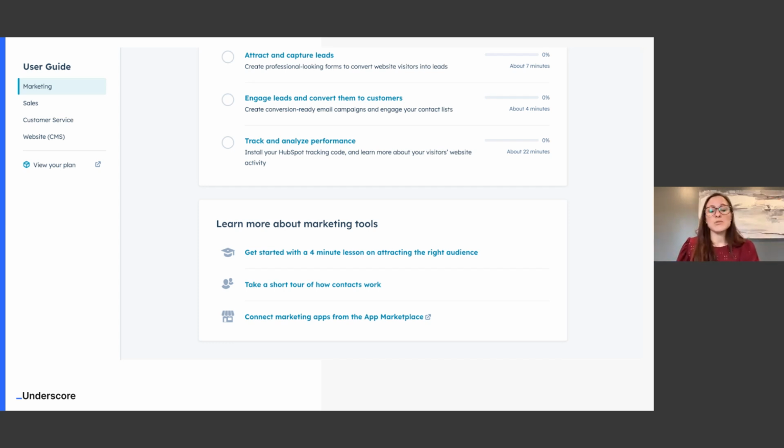So if we use those in-app tools to kind of experiment and see where, when, what content would be helpful, then we can actually make a case to our engineering team to go ahead and build it into the product. So this is an example from HubSpot Academy, where as people are onboarding in the platform, they're linking to, get started with a 4-minute lesson on attracting the right audience, take a short tour, and then they have just different next steps. But they're incorporating education content directly into the product because they know, hey, at this point in time, this content's actually going to be really valuable to someone, and let's go ahead and link to it from within the product.